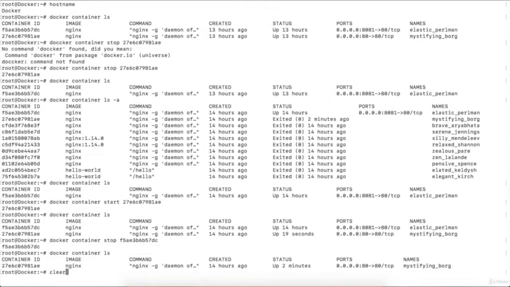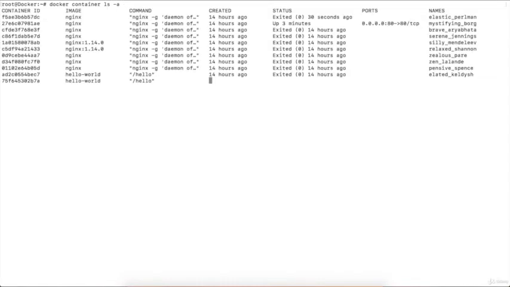Clear out the console and execute the command docker container ls -a. It will list out all the containers which were executed on this particular Docker engine.